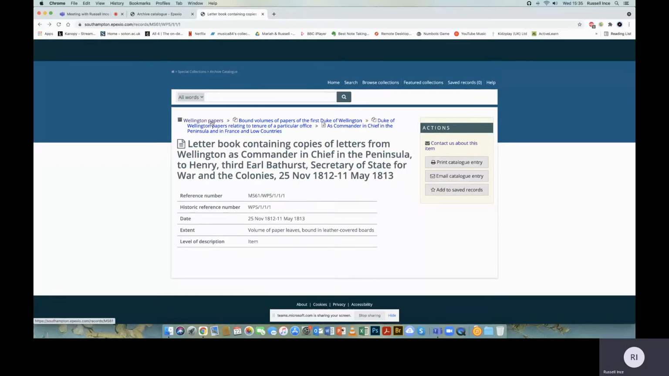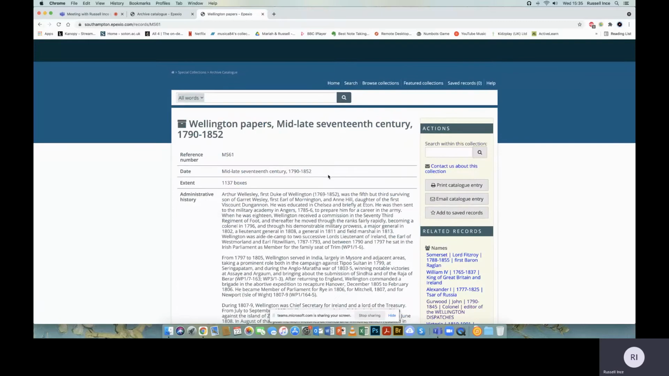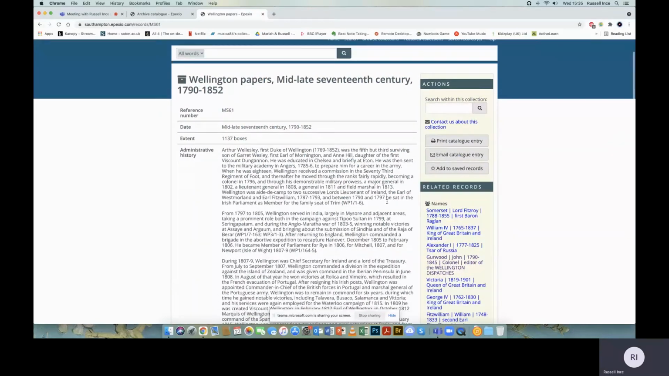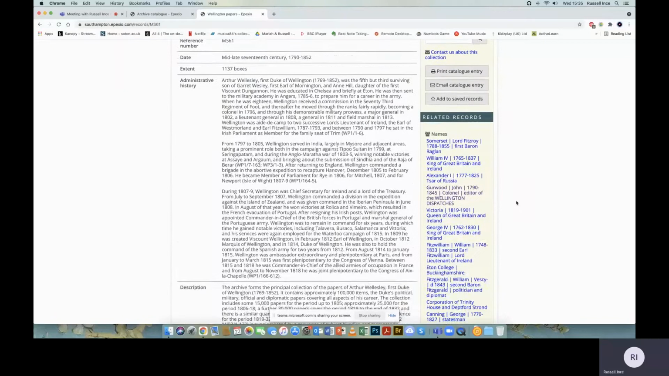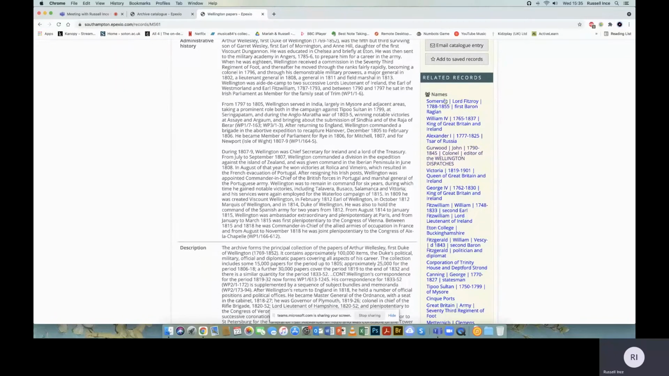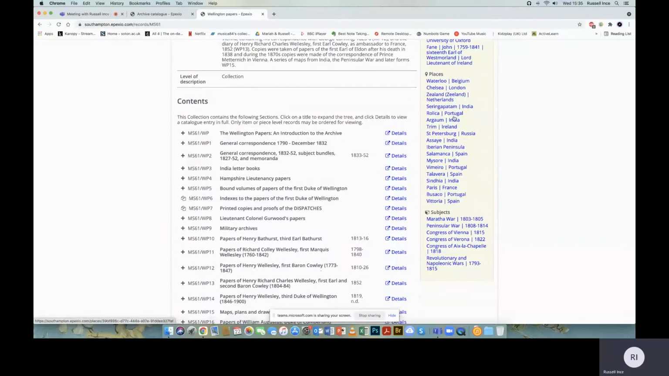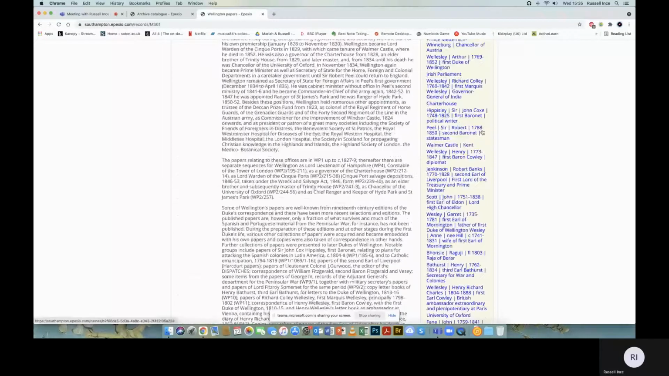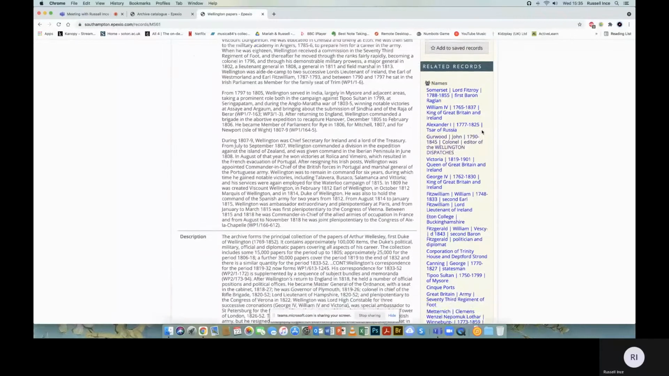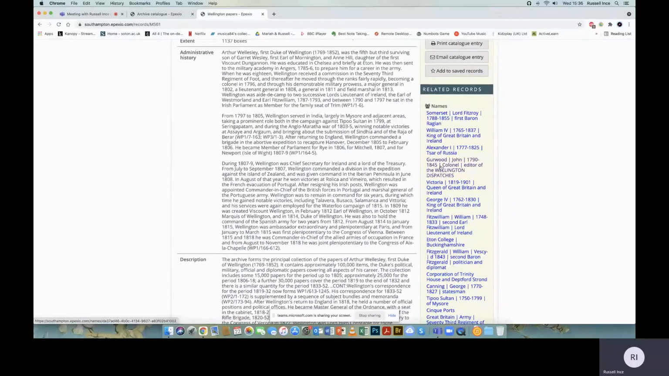If we go back to the Wellington Papers at collection level, we can see that on the right-hand side, we also have various access points under the categories of names, subjects, and places. So if I click on the name Gerwood, for example,